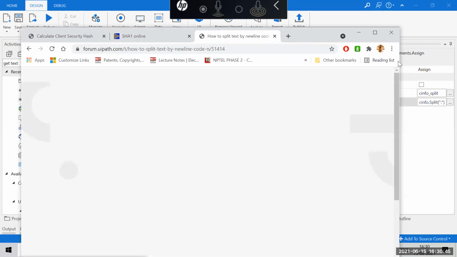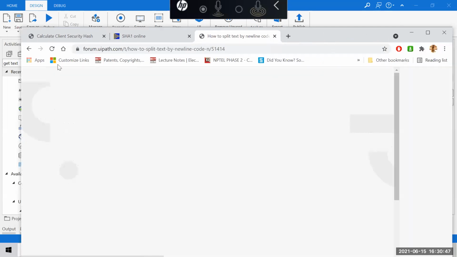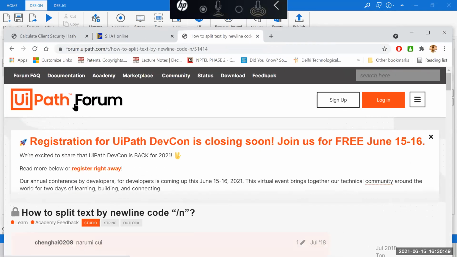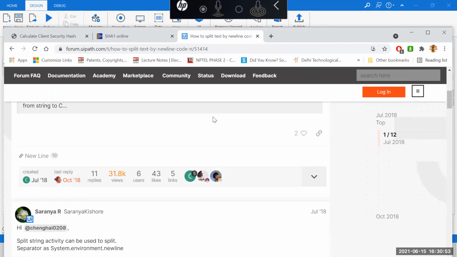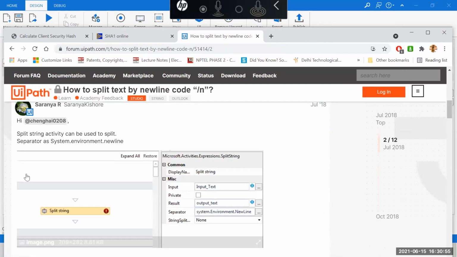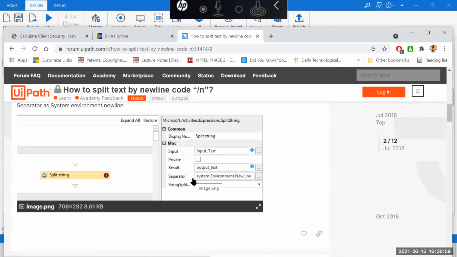So this is where we actually search if we reach any problem. You are also welcome to search. This is the UiPath forum. If you reach somewhere, there is also an inbuilt activity called split string.